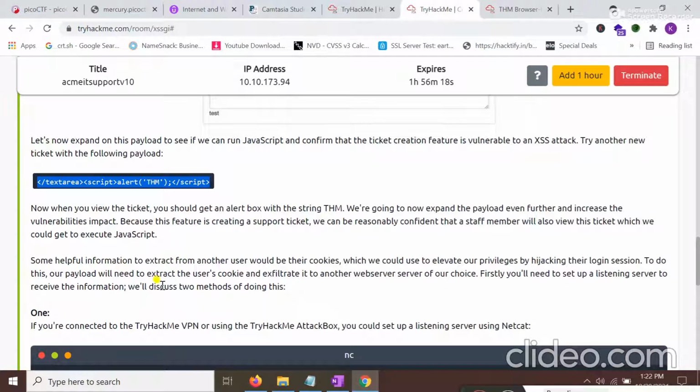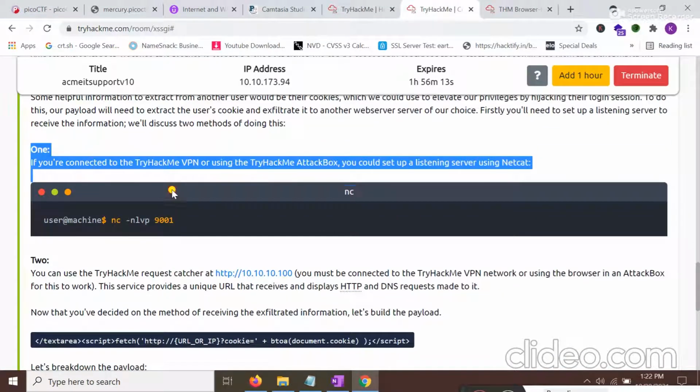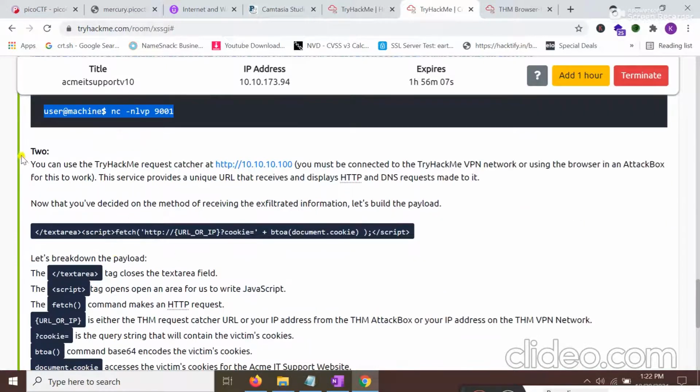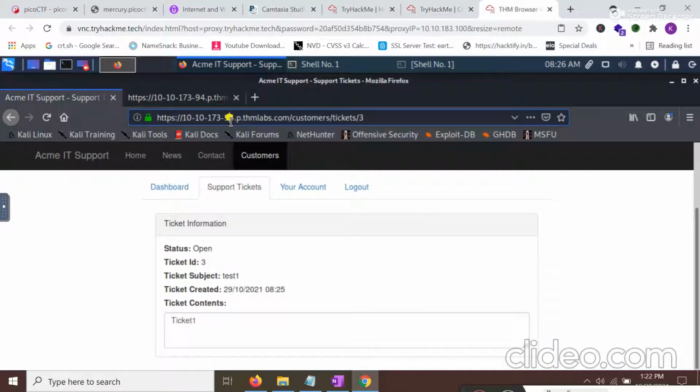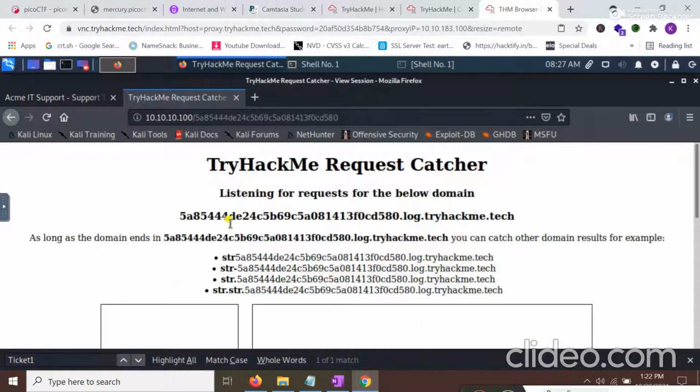Students, basically two methods are present here that you can use. In one method you can use a netcat listener in order to get the reverse connection from the target machine. Right now I'm going to the second method. Here I'm going to use the TryHackMe request catcher. I'm going to copy this URL from here, move to the browser, and paste it here, and I'm going to create a session.